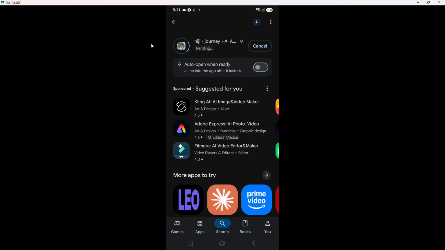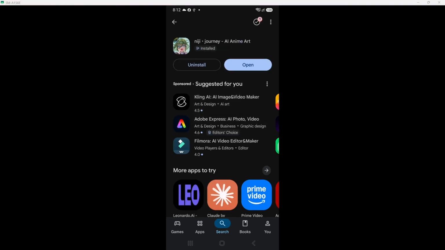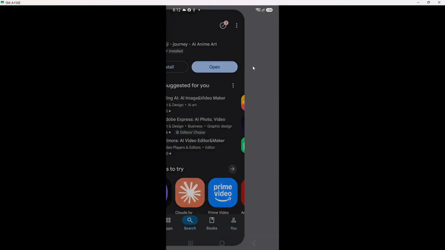With the installation complete, the next step is to open the app. You can do this by tapping the Open button that appears after installation or by locating the Midjourney icon on your home screen or app drawer. Tapping the icon will launch the app and bring you to its main interface. Opening the app allows you to begin the exciting journey of creating AI-generated images. You should see a welcoming screen that introduces you to the app's features.